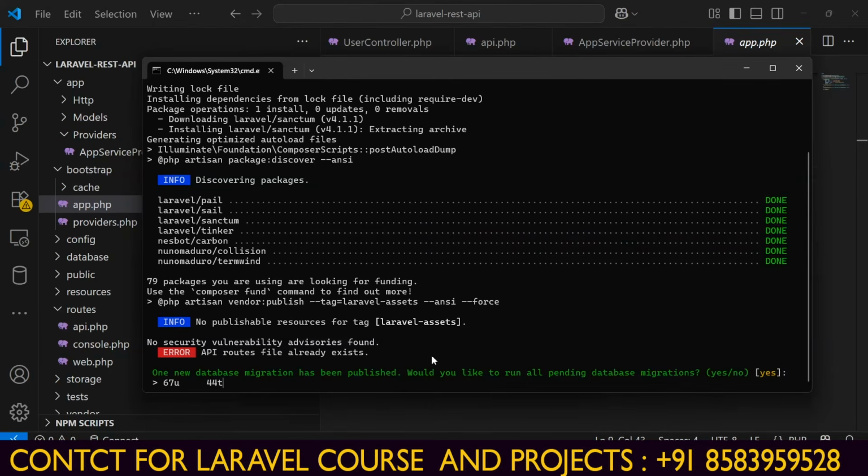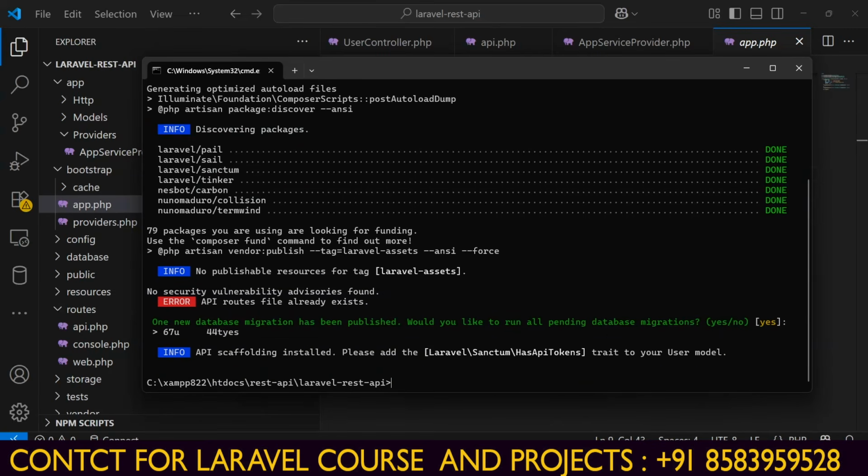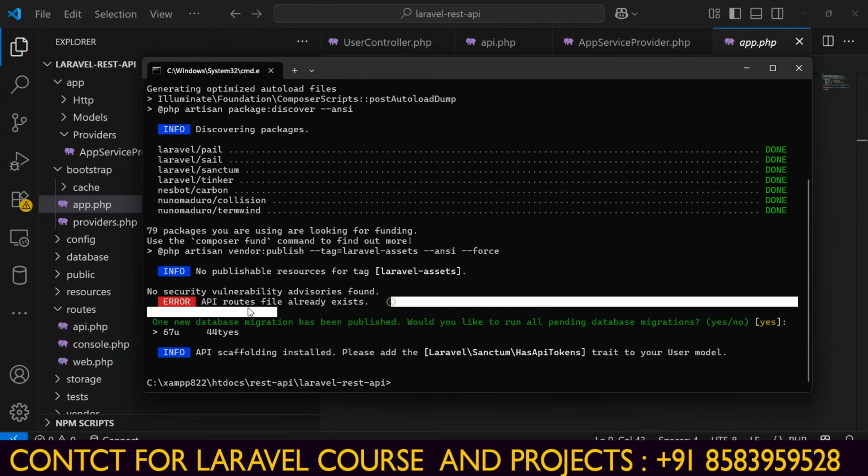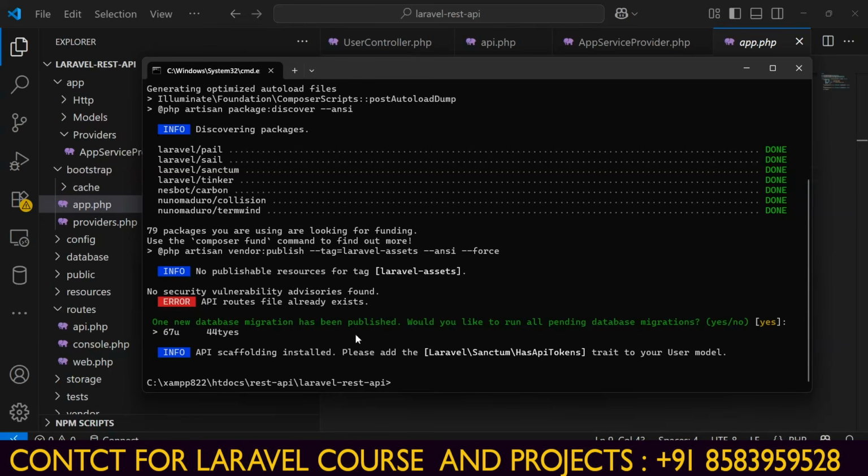So let's do one thing, let's delete the API routes first, then we will publish. Would you like to run install pending database migrations? Yes. Okay, so it says that it's successfully done. So that means you don't have to create the API file, it will create the API file automatically when you install this. The next one is